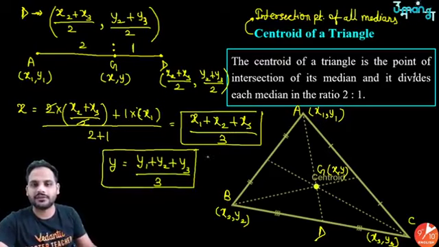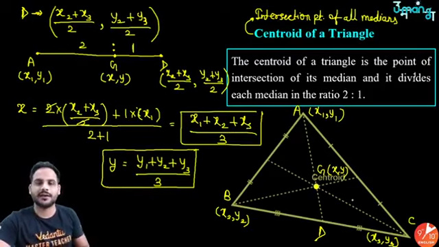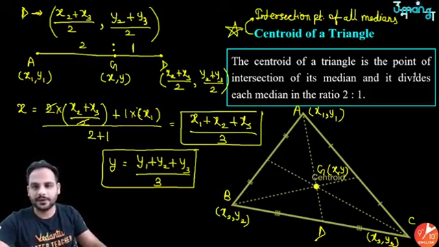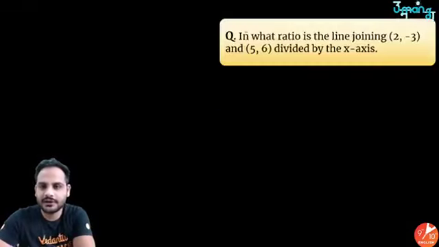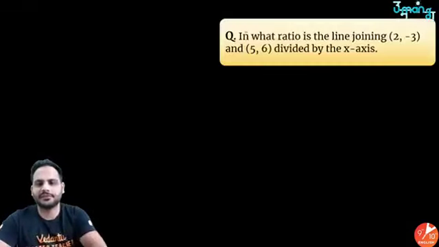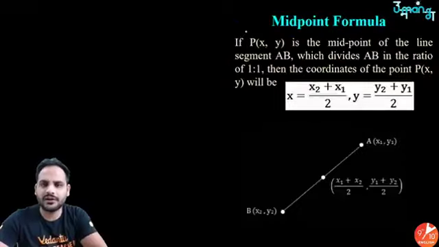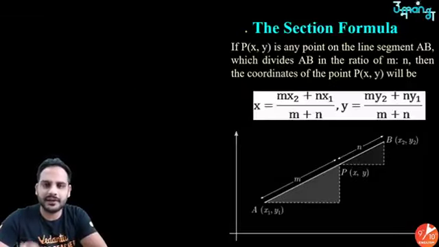What is x1, x2, x3 and y1, y2, y3? Coordinates of the vertices of the triangle. So this case is important, coordinates of the centroid. Okay, it will be useful in some of the questions. Got it? Let's move ahead and solve some questions, because बहुत easy है. Coordinate geometry is comparatively very easy chapter.